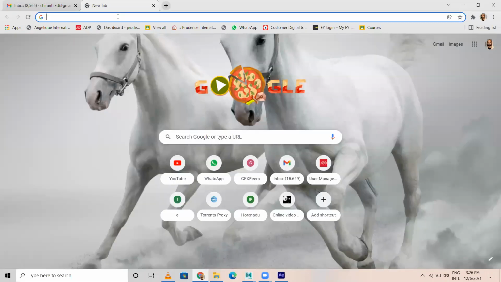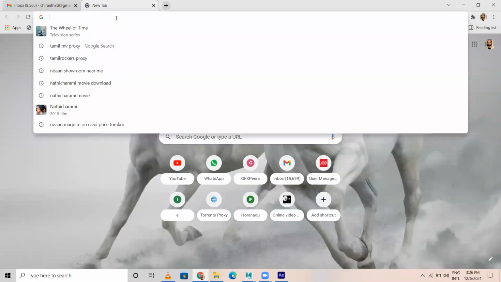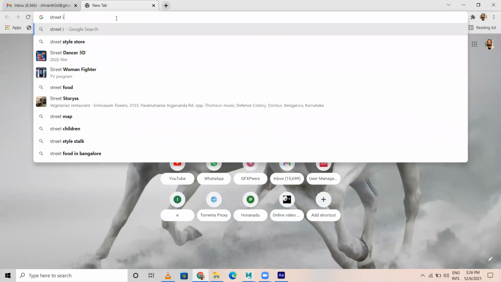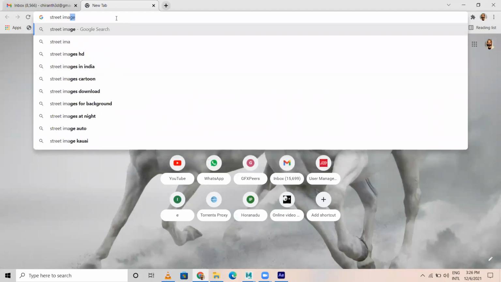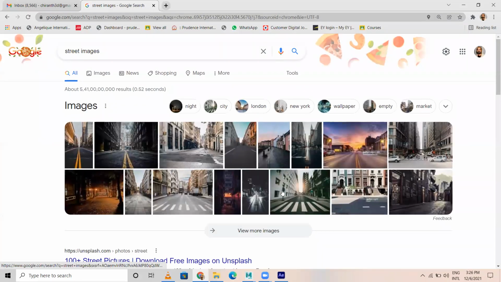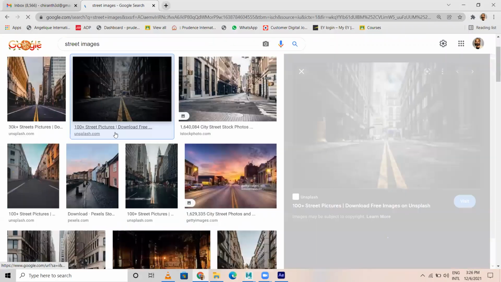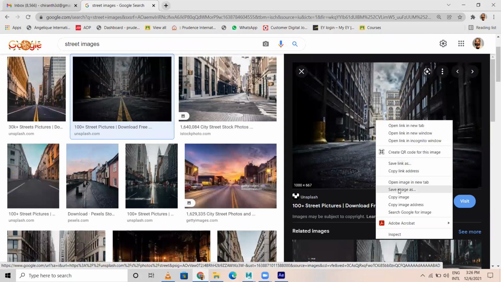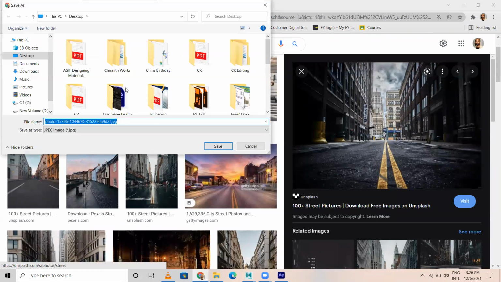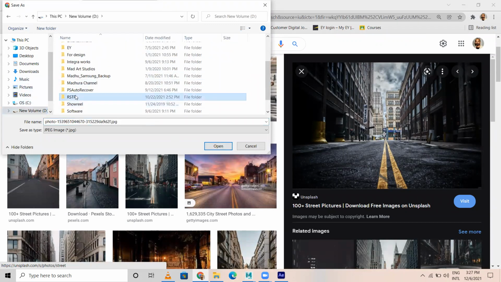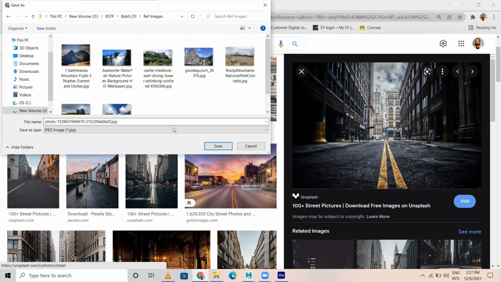For example, if I go to street images, something like this. Okay, let me save this image. It's a JPEG. Let me save this in the RSTP batch 3 reference images folder.